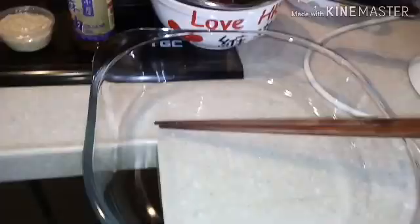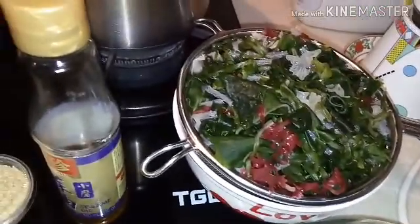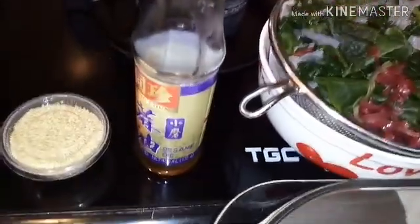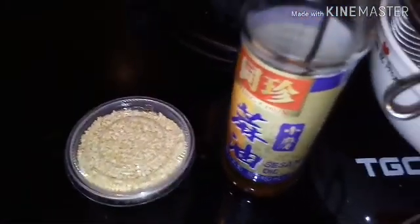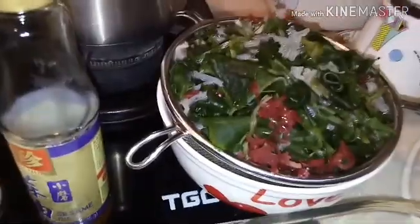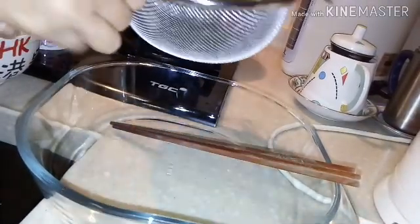To drain it first. So now guys, let's start after draining it. Okay, this is sesame oil and sesame seed, guys. Okay, just mix it with this seaweed to make it as